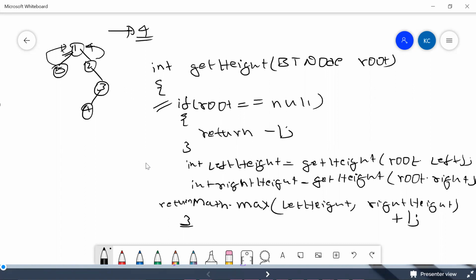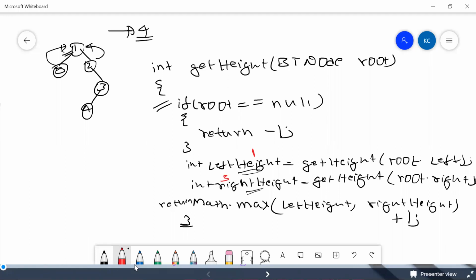After we write the base condition, my root is asking my left subtree, what is your height, and my right subtree, what is your height. And finally, I'll be calling this method recursively and returning. So this left height will have some value. In our example it is 1, and in this example 1, 2, 3, so it is 3, right?